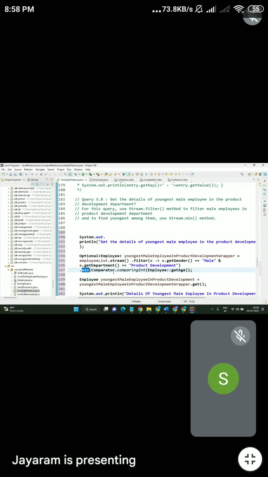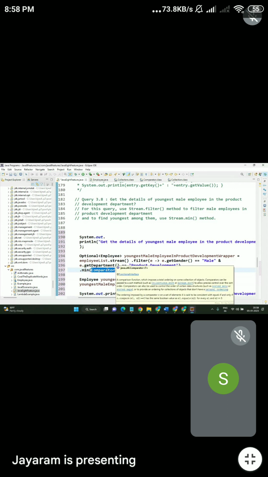Here the comparator, why are we using it? Because we don't know